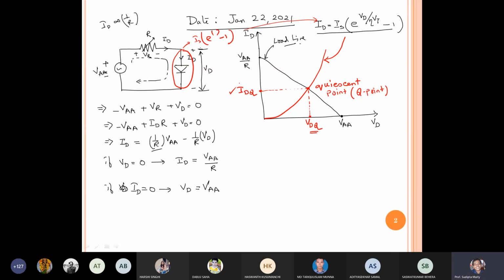Okay, so because we are getting stable operation at the point VDQ, that's why this point is called the quotient point, Q point, operating point. Okay, so now if we change